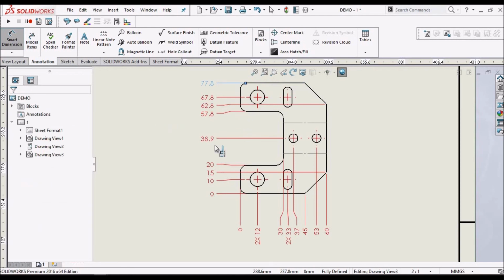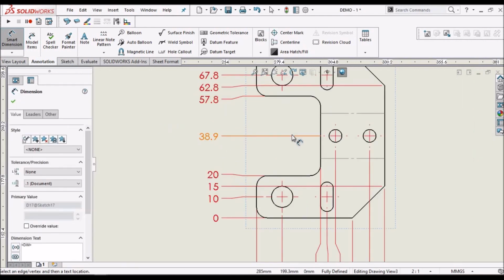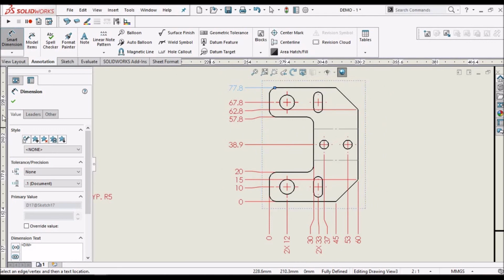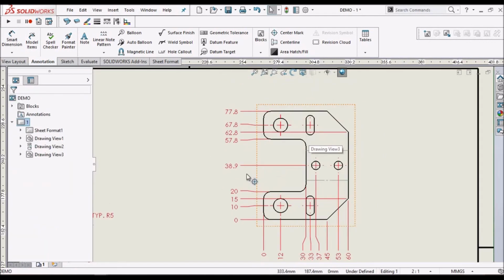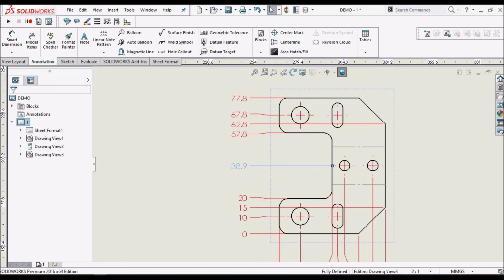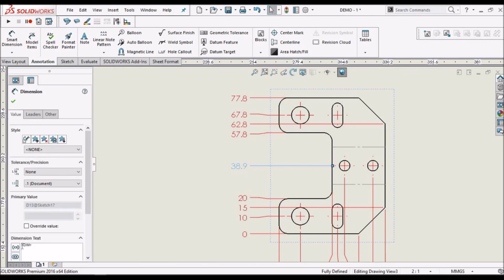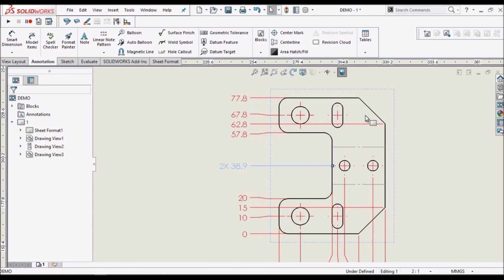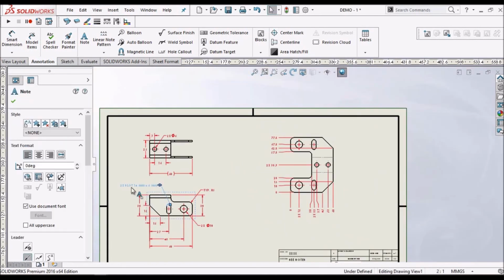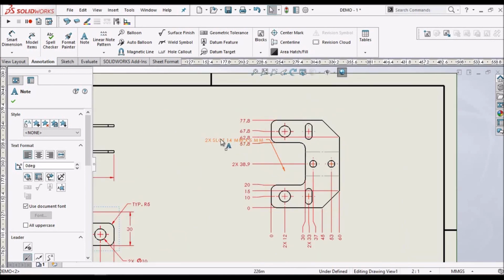Each and every dimension is very much important for sheet cutting, so this is very much important. Here also we have to show 2 into x. See, select this node, select control and just drag here. We'll get the same nodes.